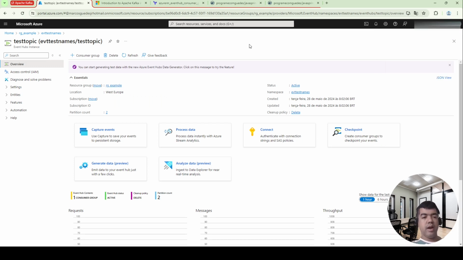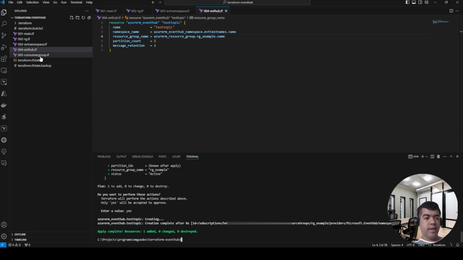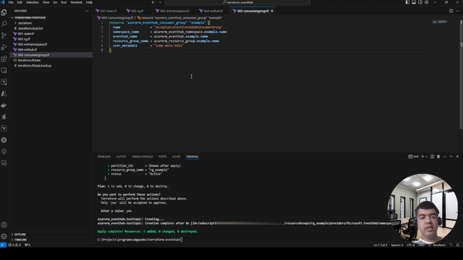But we are using Terraform for this, so on the Terraform web page, copy this content and paste it under the consumer group.tf file. Change the name to test group ID. Here too.